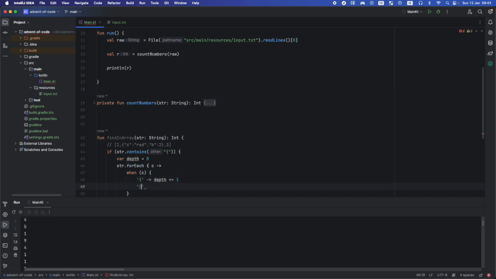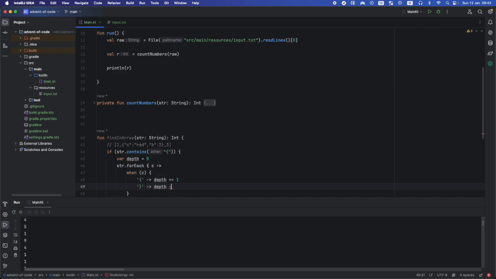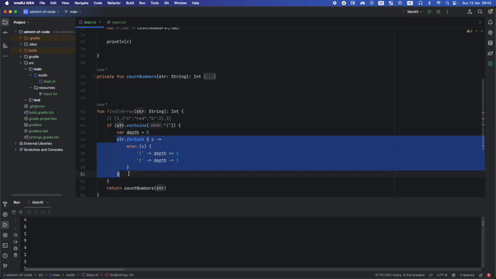And then when we close it, depth minus equals 1. And if we have found